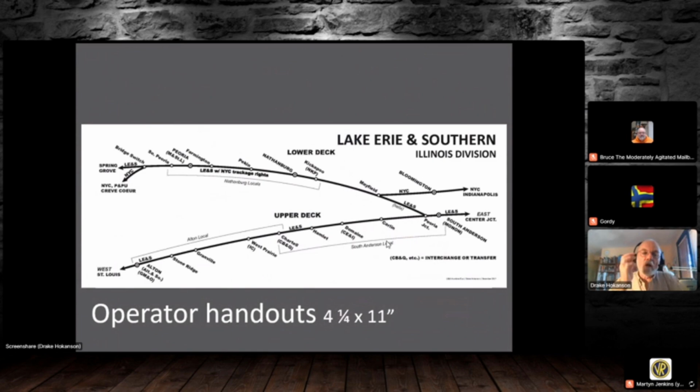And this is what I call an operator handout for the Lake Erie and Southern. It's a half sheet of paper folded the long way, and it sticks into a timetable. Well, I'm not going to talk about timetables in this session, but we could sometime. It merely is designed to give a new operator the kind of knowledge that an experienced train crew would have with the railroad. It's to replicate the knowledge of having worked on the railroad for any number of months